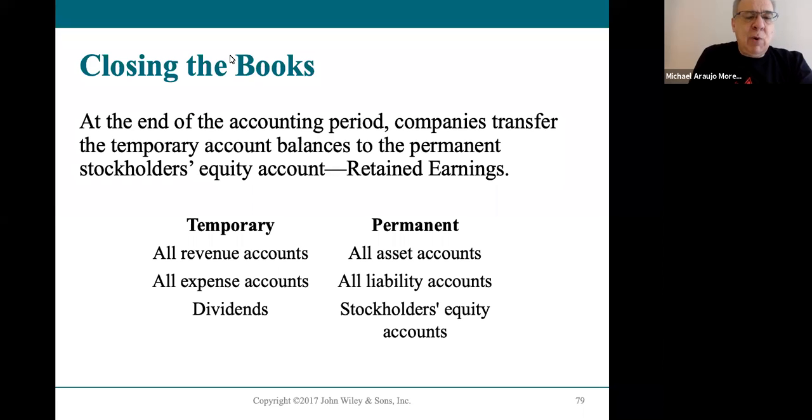So, chapter 4 ends with the process of what we call closing the books. Now, remember, the accounting period that we measure, the shortest period is a month. The longest period is a year, right? And whether it's a calendar year or a fiscal year, 1 year is the longest we will keep the record